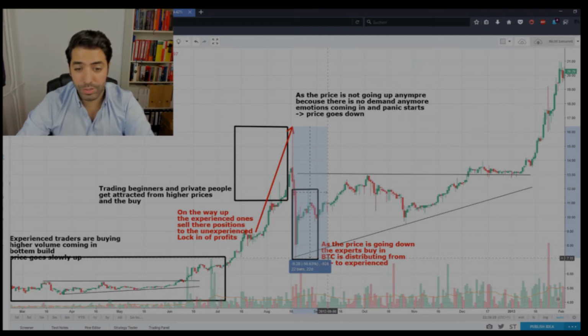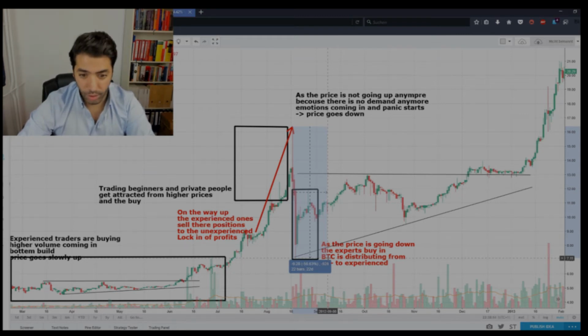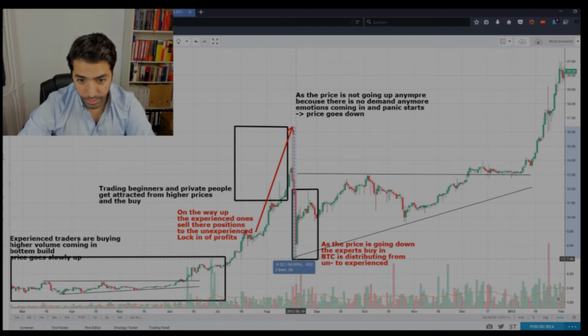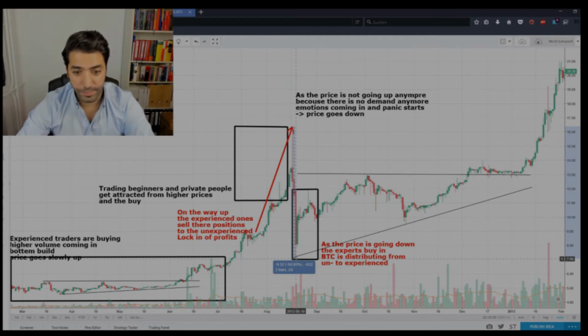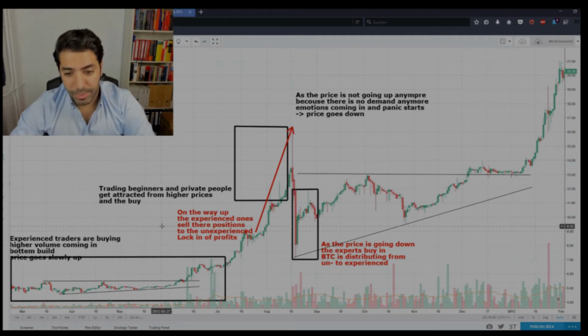Imagine you go into this position somewhere around 15 or 16 bucks, and then you see the price is not going up anymore and going down, down, down, and you start to panic. The only thing you can think about is, I go out by market, just sell my position. I just want to cut my losses, and you end up with losses of 56%, 57%, right? And this within only 2 days. And this hurts.